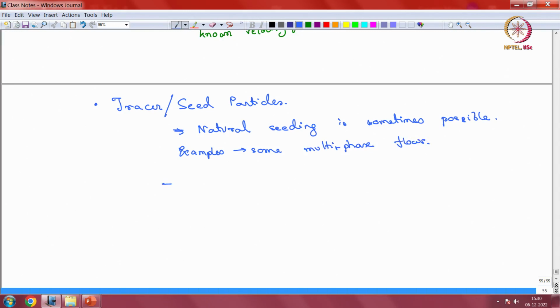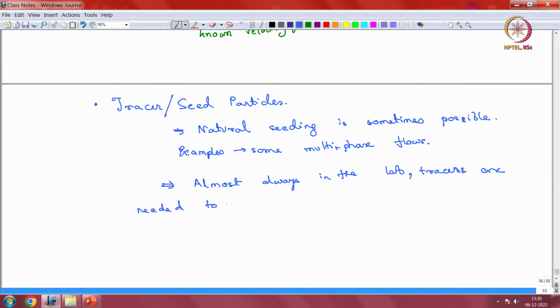But in lab cases, almost always, tracer particles have to be added. Tracers are needed